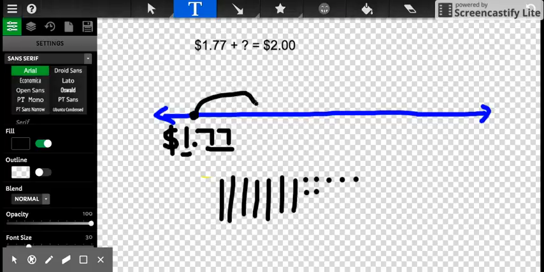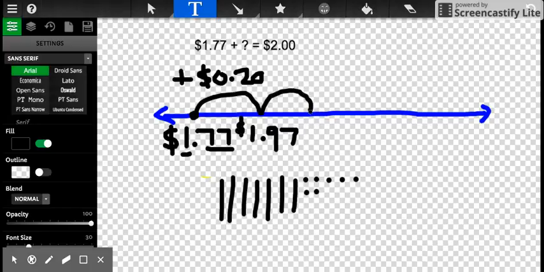And if you add 20 cents, that'll bump you up to $1.97. And then 3 more cents would make $2. I'm kind of rushing here because I'm almost out of video. And you can